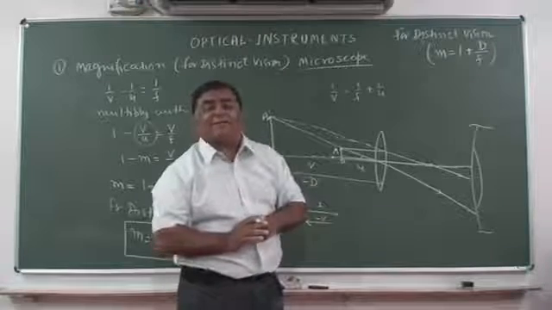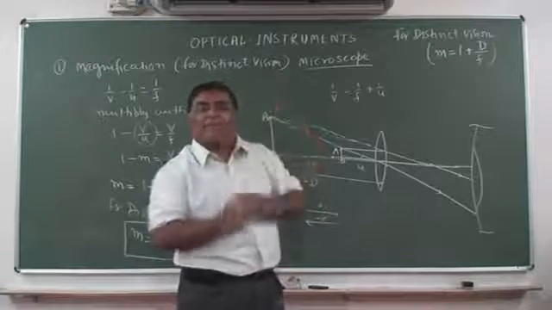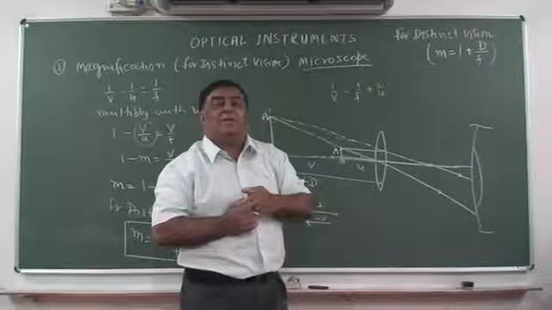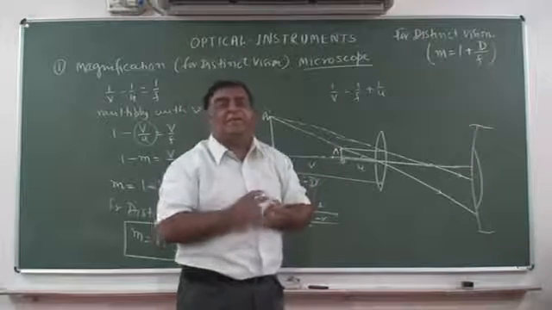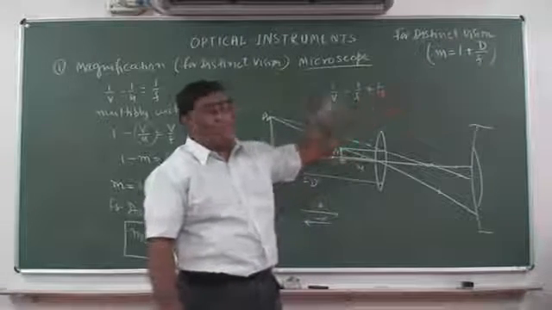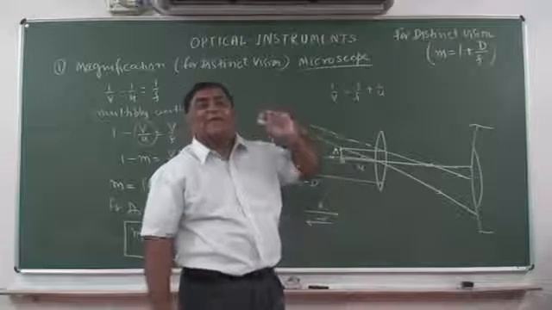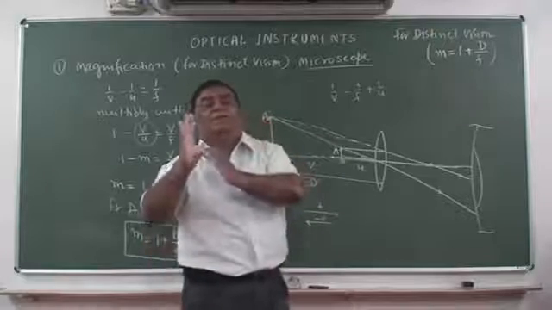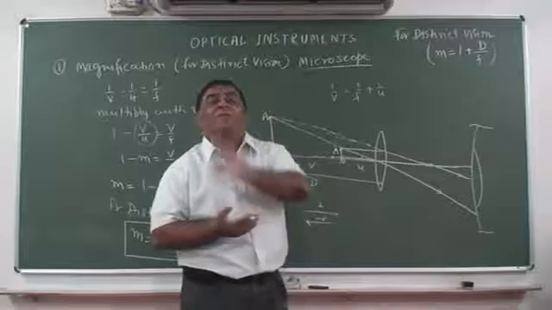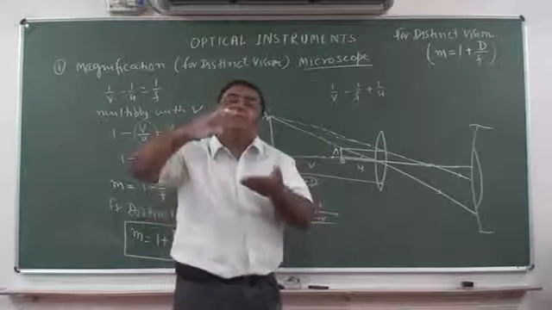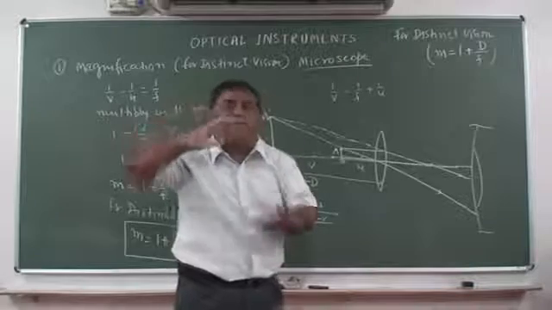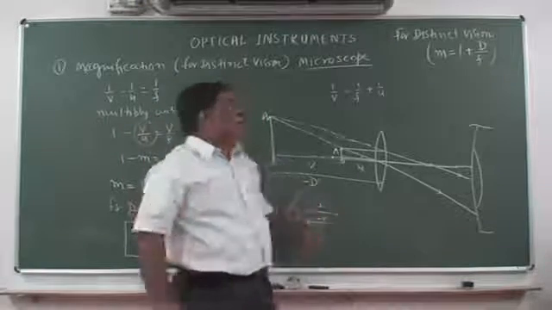If we don't want that tension, then we should not press the lens. If we should not press the lens, we cannot see this. Then can't we see anything? We can see the things which are far away. The rays which are coming parallel, when they enter the eye and are focused on the retina, we see the things very clearly and without any tension, because the ciliary muscles do not have to press the lens. So they are relaxed.